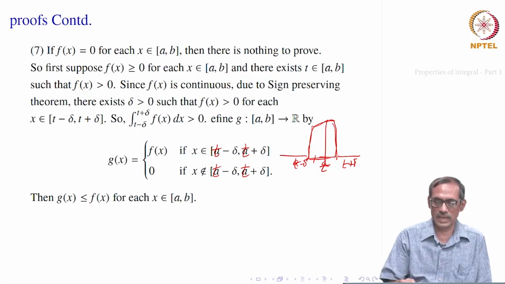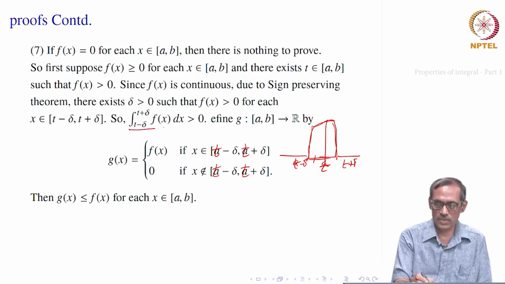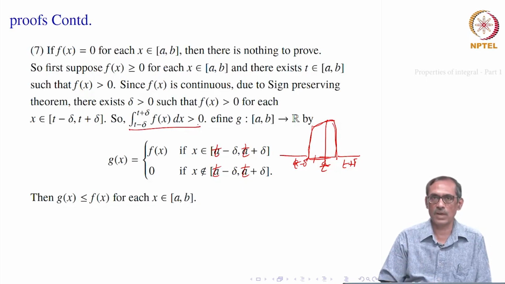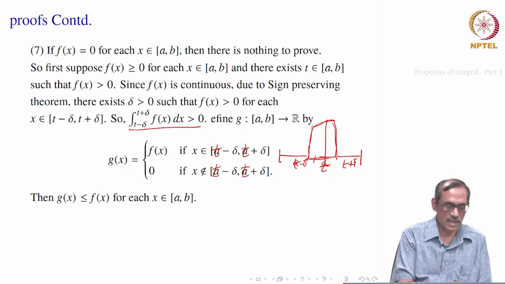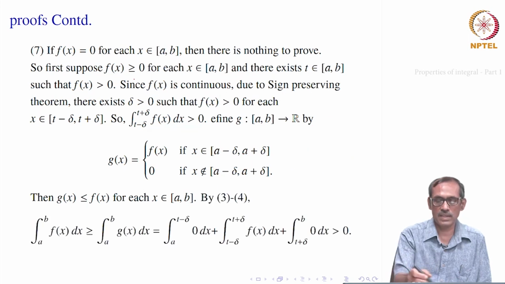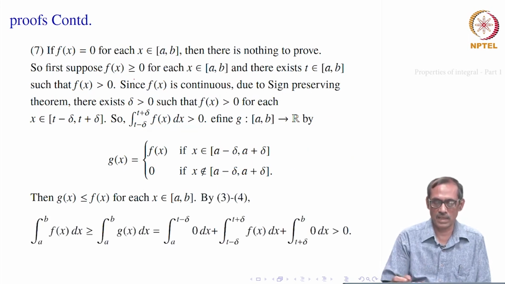So, it is telling in detail, from the integral over t minus delta to t plus delta being greater than 0, how to use that to conclude that the integral over the whole of [a, b] is greater than 0, that is all here. So, that proves the result. Now, if f of x is less than or equal to 0, you can everywhere use less than instead of greater than, and the same argument also proceeds, right. It will give the conclusion that the integral of f of x is less than 0, which is wrong.